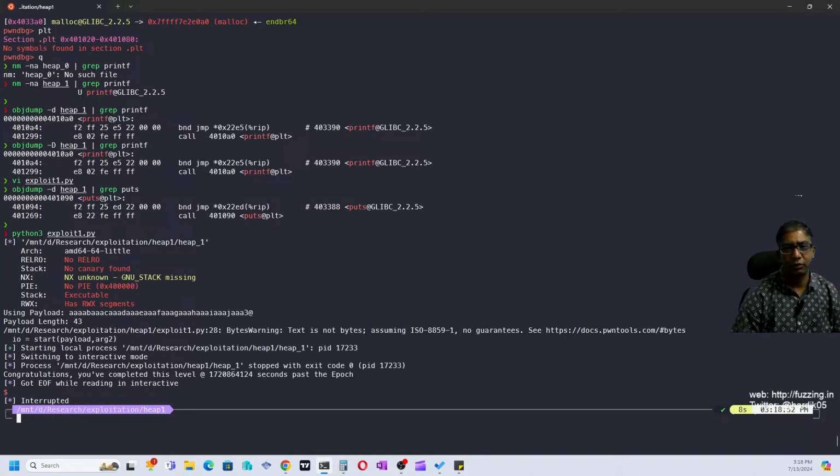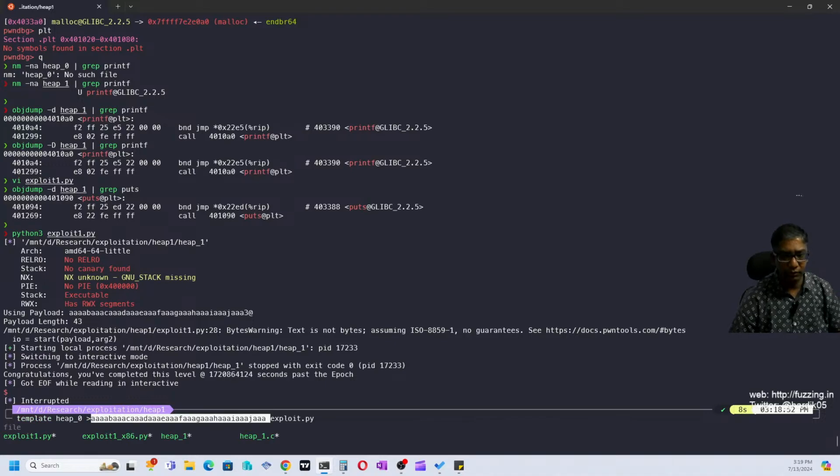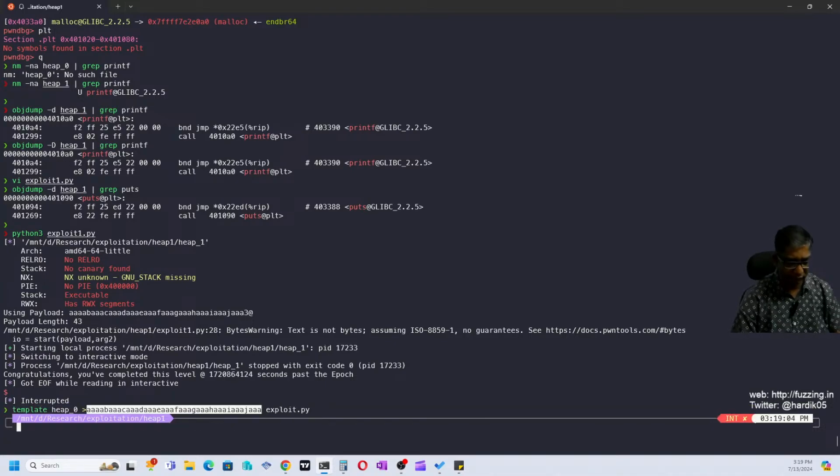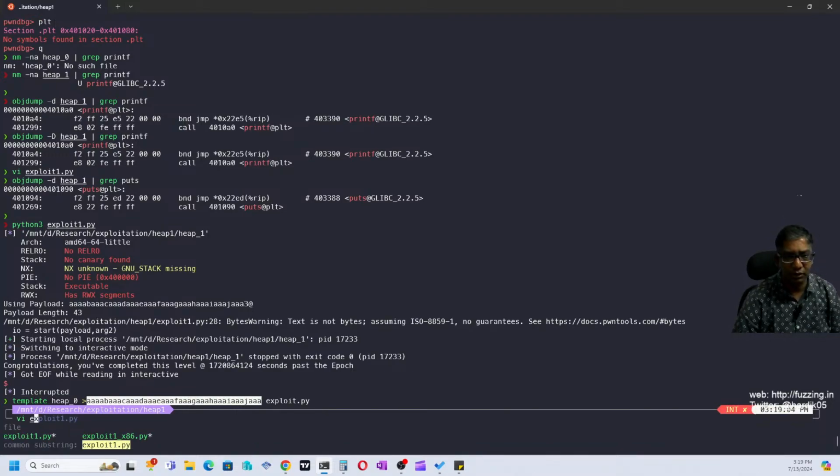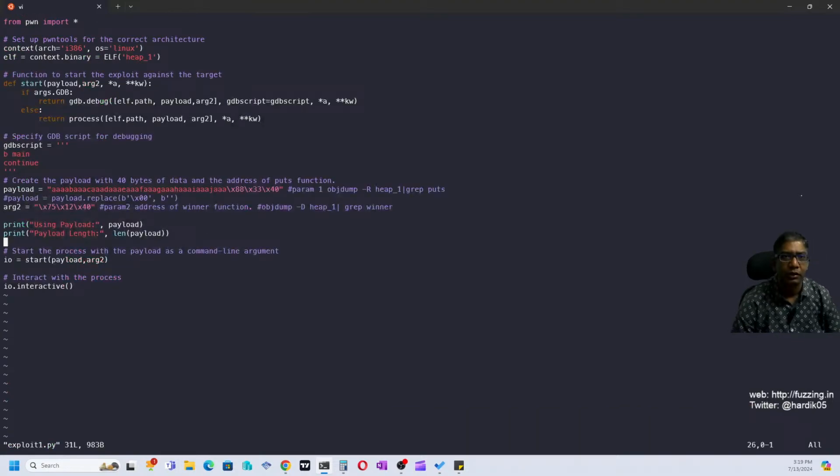So what we can do is start crafting the exploit for this as well. We'll simply use the template heap1 and exploit.py. In my case, I have already created this exploit, so let's see. I think I have this over here. Yeah, okay. So you can see that the exploit is very simple over here as well. Same syntax. We are importing everything from pwntools. Then we are setting up the context, and then we are getting this